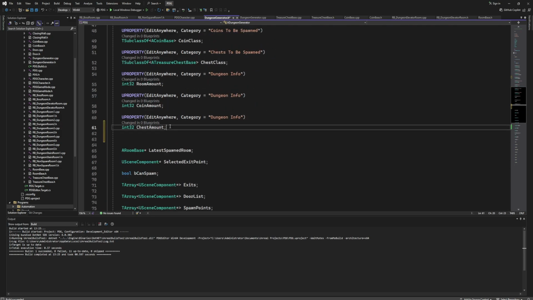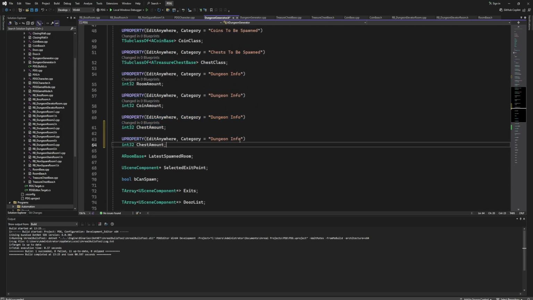We are just going to copy this and put it inside the dungeon info category, and it is going to be a boolean, and we are going to name it something like linear dungeon. Now our boolean is going to be exposed inside our engine, and we are just going to check it to be true or not,